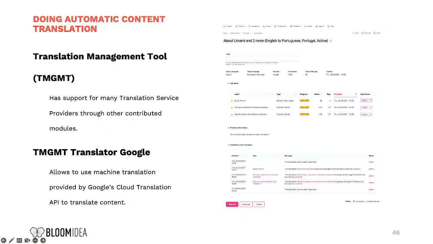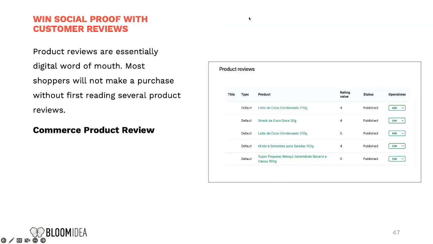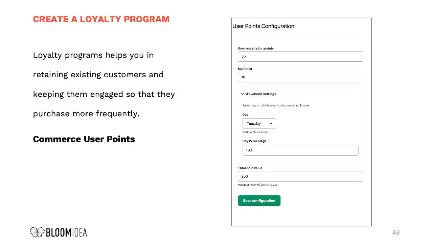Okay, when you have a store and you sell globally, if you have thousands of products, millions even, you need to translate the products. Okay, that's very expensive, but you can do this automatically, just using the Translation Management Tool. It's a big module, and then there's this one, a plugin, Translate with Google, that's using machine translation. It's very cheap. You just need a Google Cloud subscription. It will translate your products, the descriptions, the categories, etc. Okay, and I think this is almost the last one.